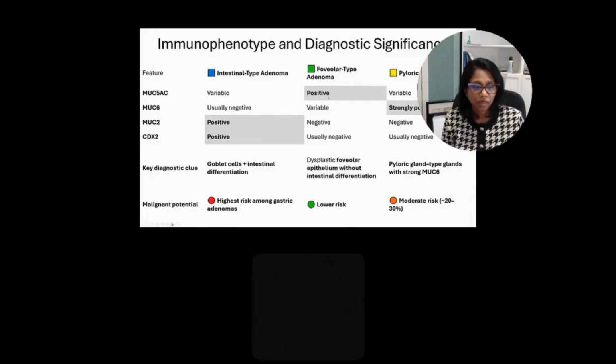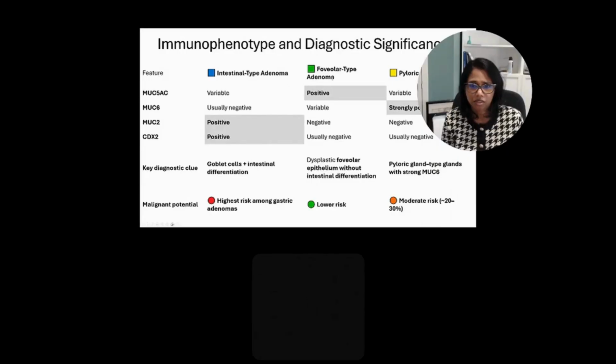So where available, foveolar type adenomas are usually MUC5AC positive, and it's variable in both other types of adenomas. And MUC6 is strongly positive in pyloric gland adenoma. In my center, we don't have MUC6, but what's useful is when you are trying to distinguish pyloric gland adenoma